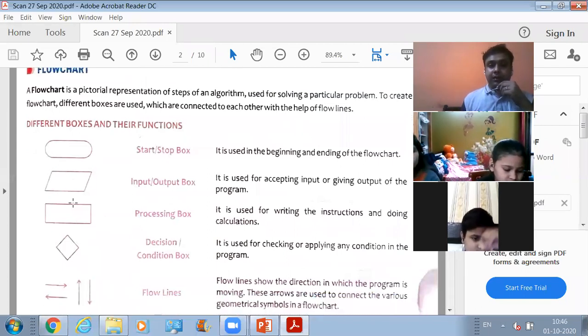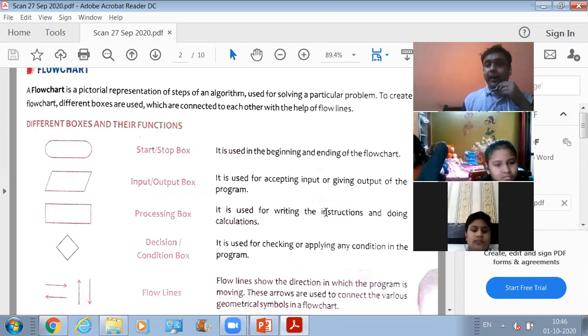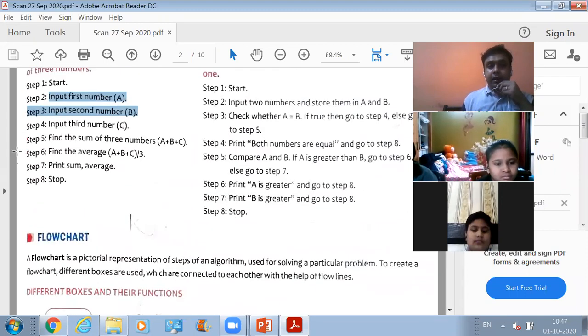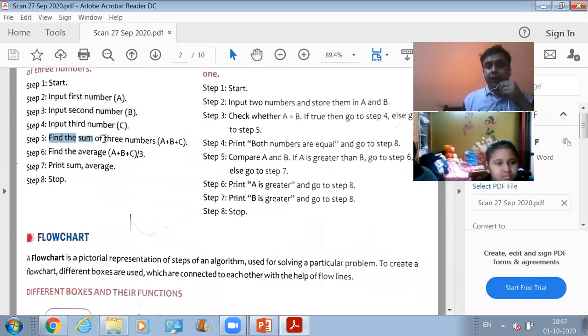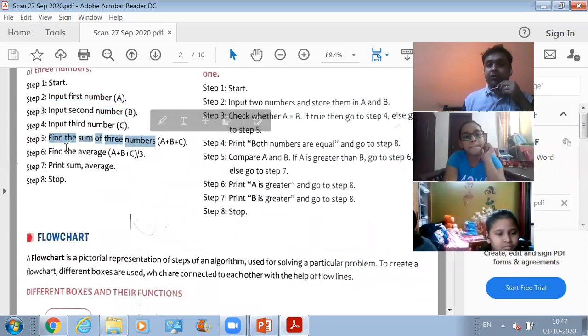Now comes the third type of box. The name of this box is processing box. It is used for writing the instructions. What do we use this rectangular box for? For writing the instructions. Here, in the fifth point, we are giving some instruction to the user. We are using this formula.